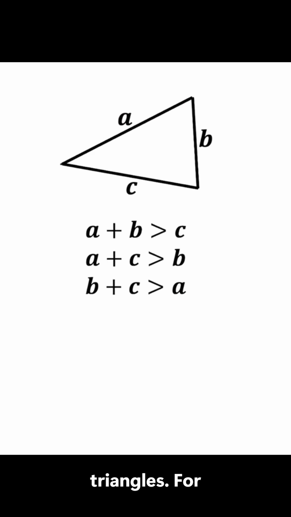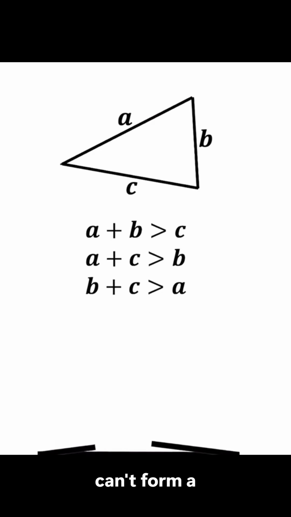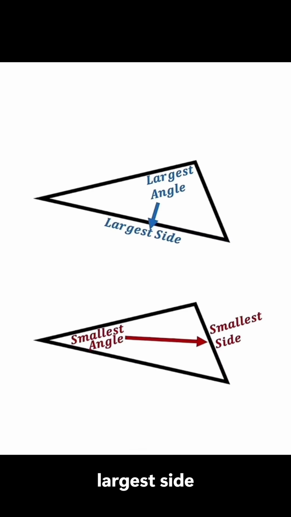And there's even more about triangles. For every single triangle, the sum of the two smaller sides must be greater than the third. If not, they can't form a triangle. They won't reach each other. And the largest side is always opposite